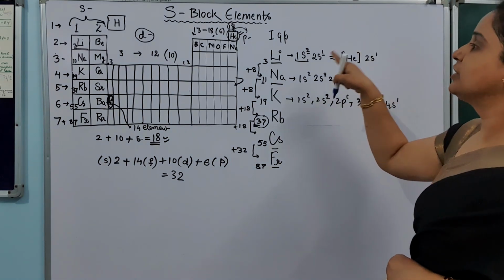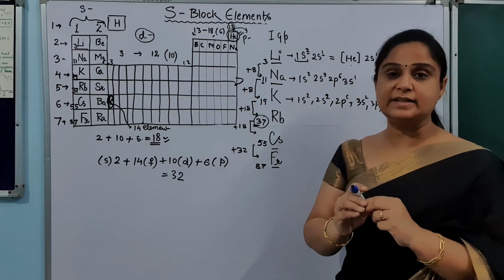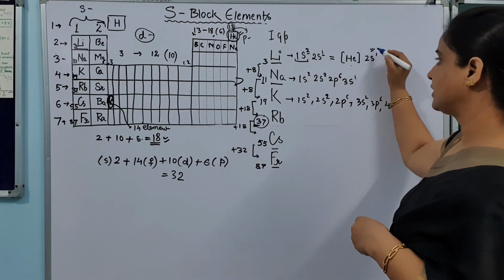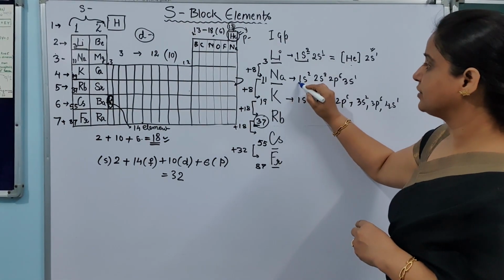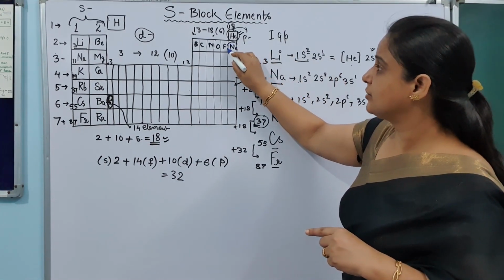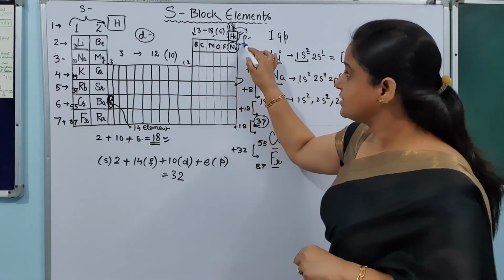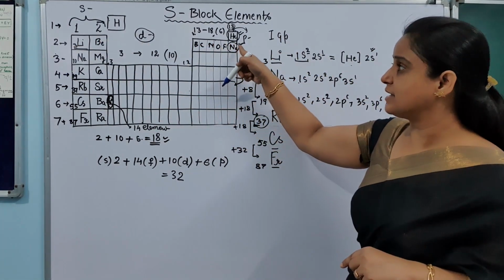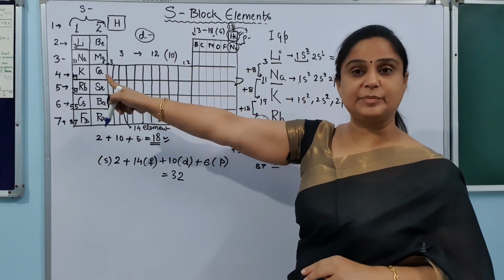So I can write down the configuration of lithium this way, because it is showing here. This helium is indicating that the inner shells are completed, and then the outermost shell configuration, which is important, is mentioned here. Okay. The next is sodium, and in the configuration of sodium, which element do we have to complete? That is neon. After this neon only can we reach sodium, because neon is the last member of the second period. Until neon is filled, we cannot go to sodium.